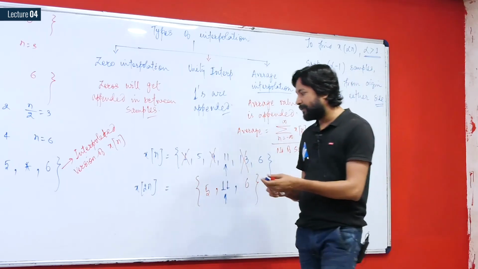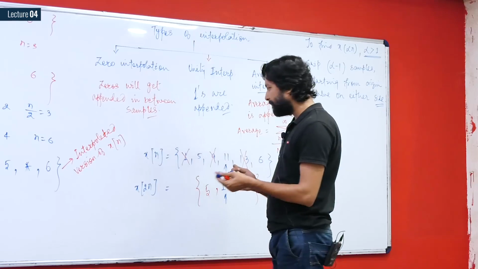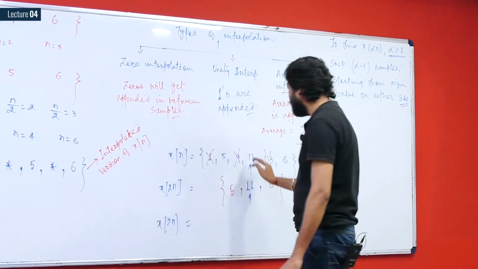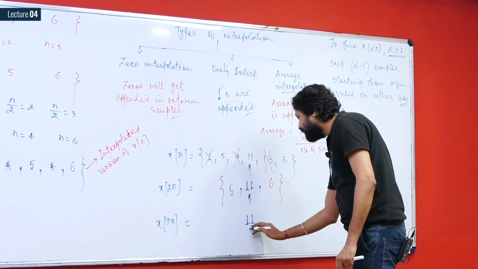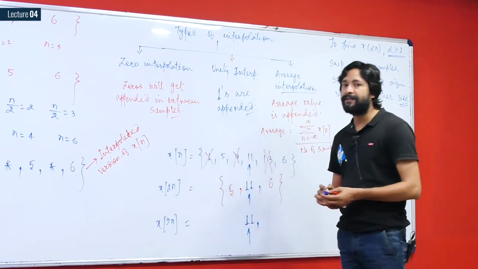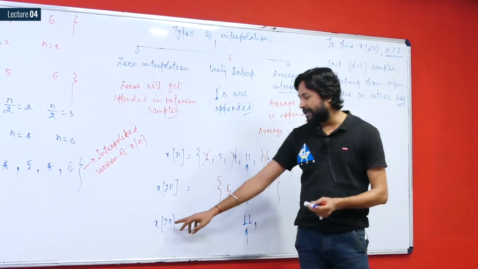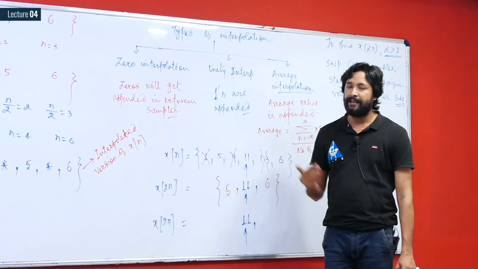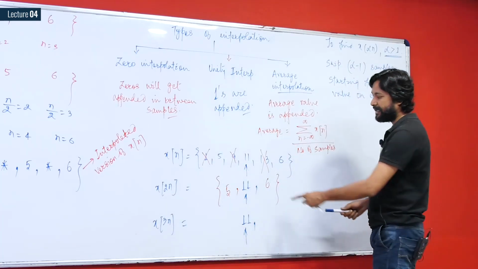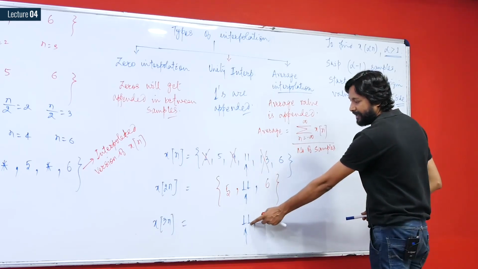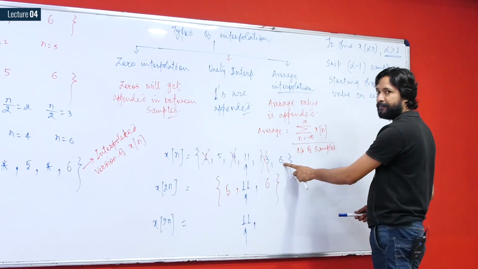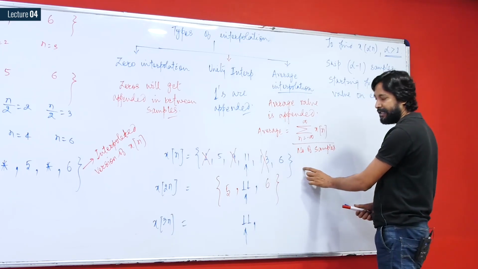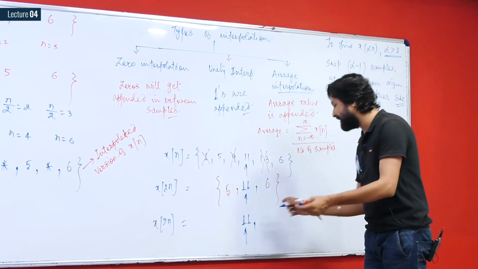So whenever you have to take any type of decimation, like for this signal, if you have to plot x of 3n, then you just have to maintain the origin value, and alpha minus 1 samples we will be skipping. So what is the value of alpha here? 3. So you will have to skip 2 samples before taking the first sample after 0. After origin you have to skip 2 samples, and as there are only 2 samples after origin, you will not have to take any value after origin; it is going to be 0 only.